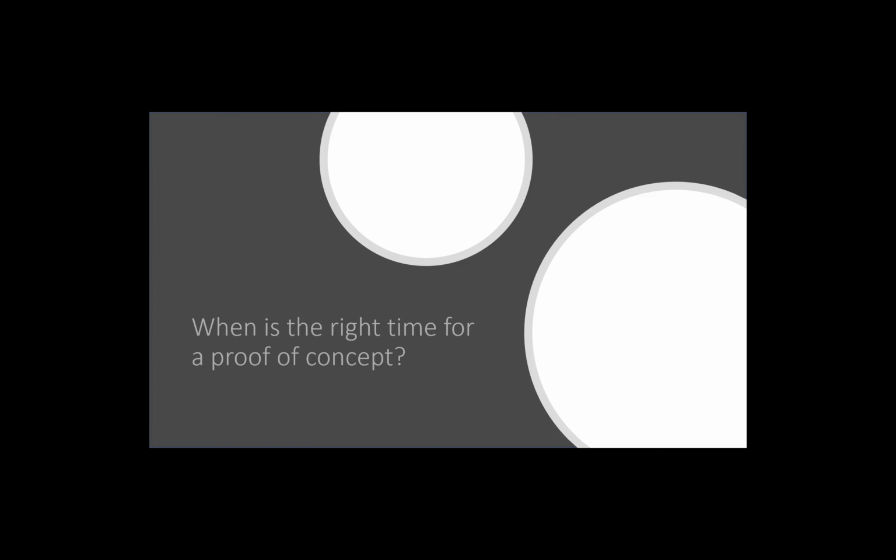Well, I think this follows on from the comment I just made about the scope, because there are different types of proofs of concept, and prototype is a word that gets used as well in conjunction with proof of concept. But I think the real fundamental thing here is defining what you are trying to prove, because after all, there's no way that we're going to be able to prove everything.